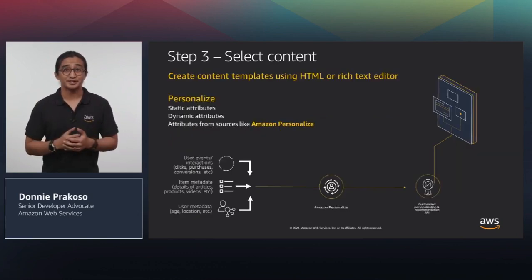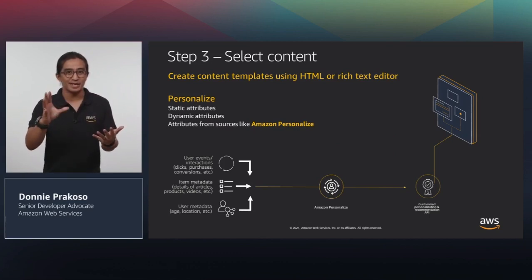Step number three is sending the right content. The content templates can be created for reuse across Amazon Pinpoint projects or for just a specific campaign. Using either the rich text editor or HTML, the templates can use your own images and attributes for the most dynamic, engaging messages. You can use attributes like customer name to customize your messages, and you can further personalize your